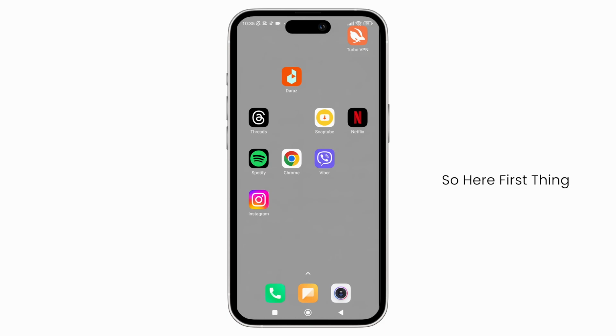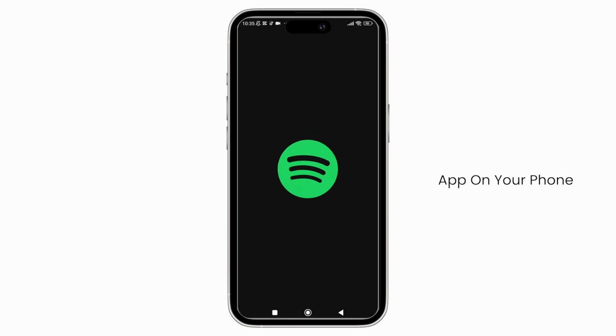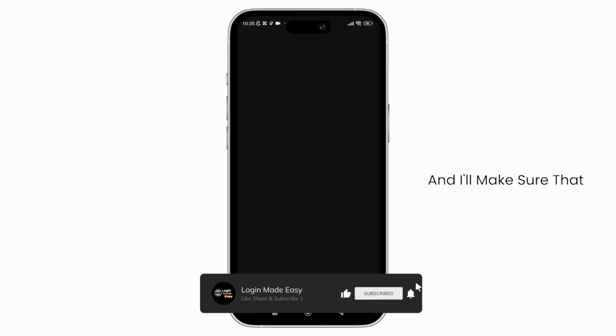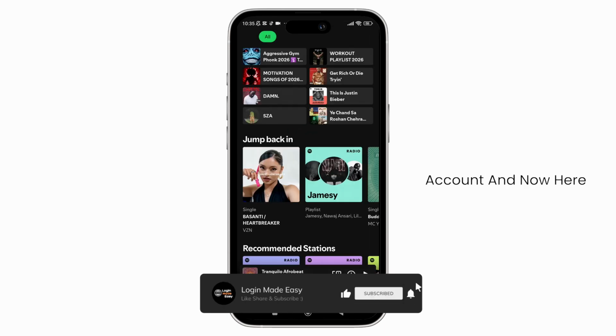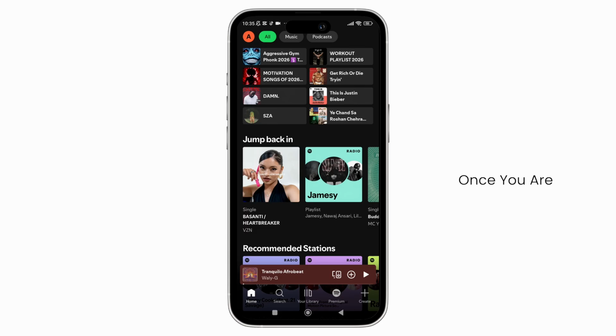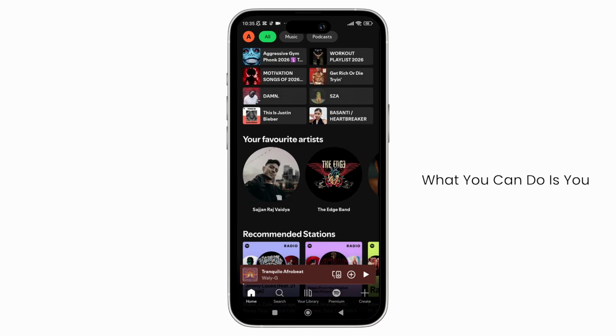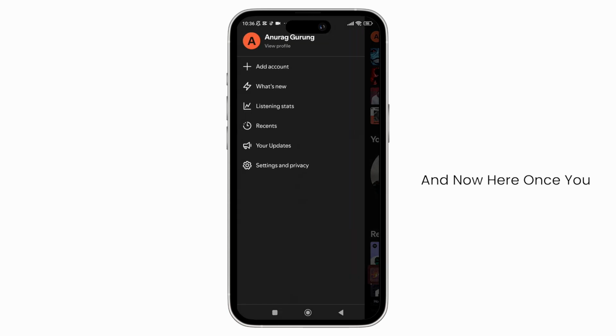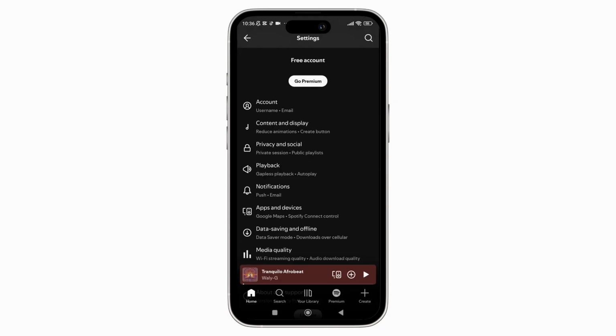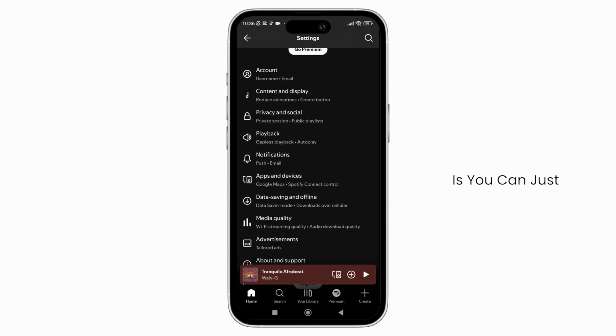First things first, open the Spotify app on your phone and make sure that you're logged in to your account. Once you are inside the app, tap on the profile icon shown in the top left corner of the screen. Once you are inside the pop-up menu, just tap on settings and privacy. And once you are inside the settings and privacy, what you can do is